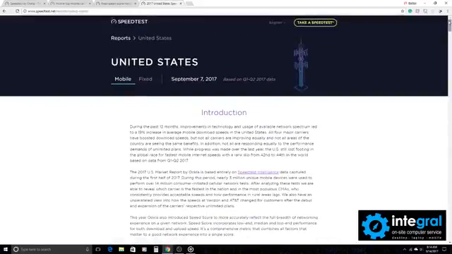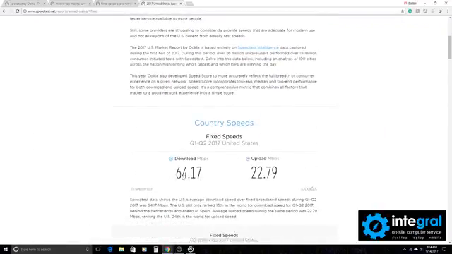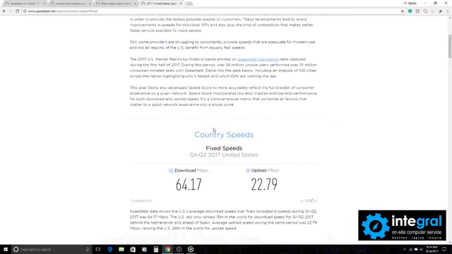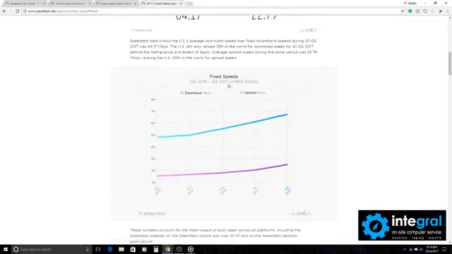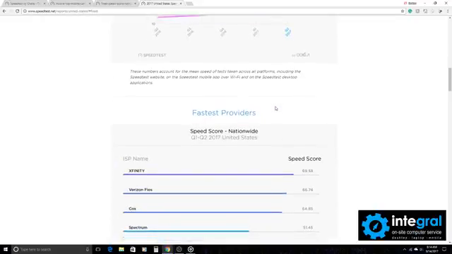Now let's scroll back up in our list, and from speedtest.net/reports, we can go from mobile coverage to fixed coverage, which means your home internet coverage. So if we scroll on the list, speeds that you should be pulling if your internet provider is doing their job is at least 64.17 megabits per second download. So that's kind of the national average as what your broadband speed should be. If you're getting less than that, you might want to talk to your ISP, or you might want to up your coverage, your speed as well, because